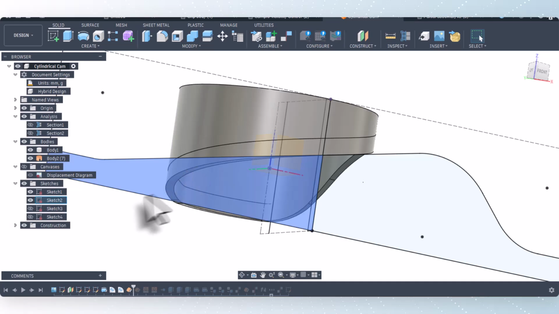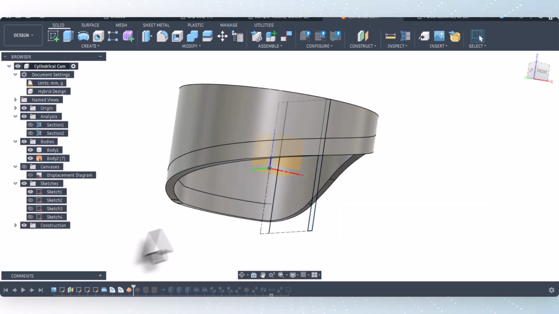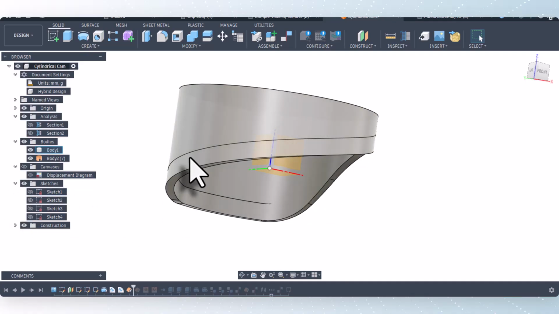This is the center line. Let's turn off that displacement diagram. Okay, this is my center line of the displacement, and then this is offset for the side of the slot. Offset that face. Now that offset gives us the correct geometry, where if we try to emboss that directly, the